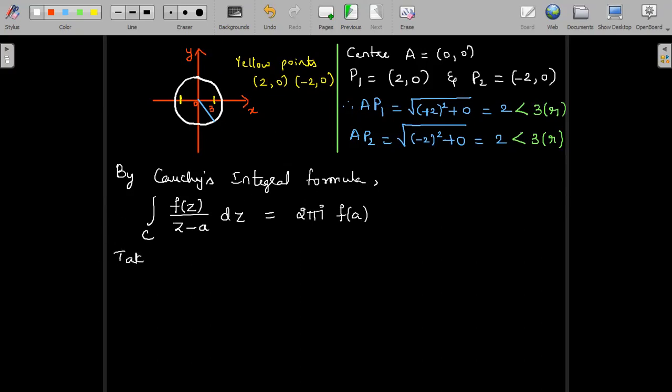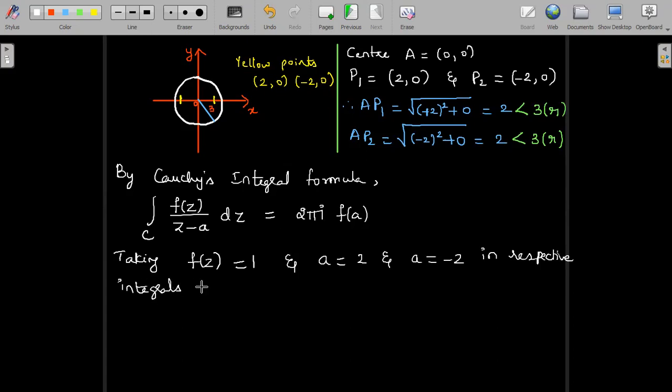Taking f of z is equal to 1 in both the cases and a is equal to 2 and a is -2 in respective integrals in equation 2. It's not equation 1, it's equation 2. So we get